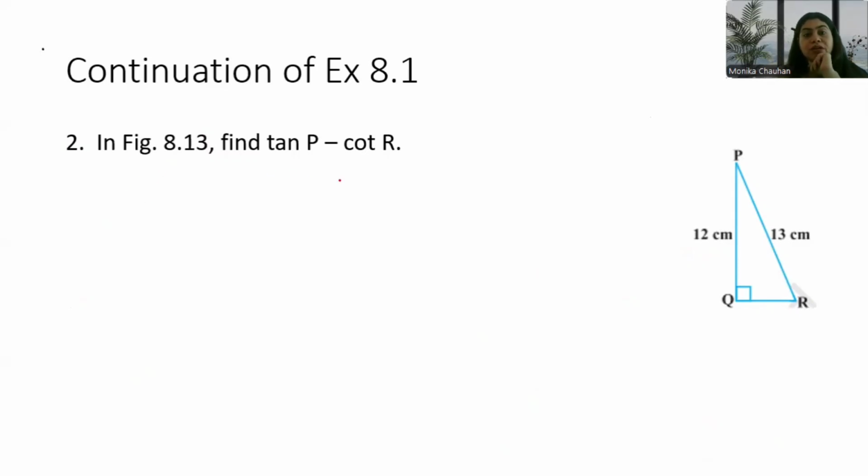So if you see, this is your figure where triangle PQR is given, which is right angled at Q. PQ is given as 12 centimeter, PR is 13, but one of the sides is not given. So anywhere, if one of the sides is not given, you have to calculate that side. And how do you calculate that? Because it's a right angle triangle. So in this right angle triangle PQR, you have to first use Pythagoras theorem to calculate one of the sides. So using Pythagoras theorem,